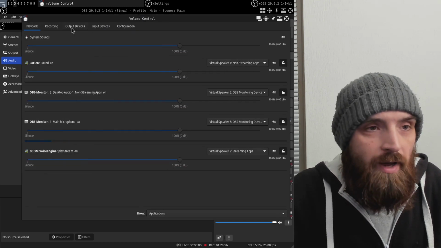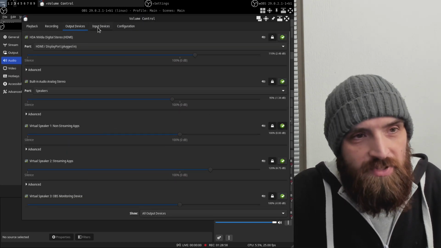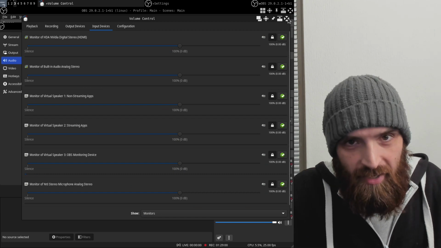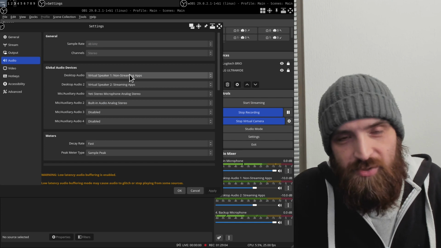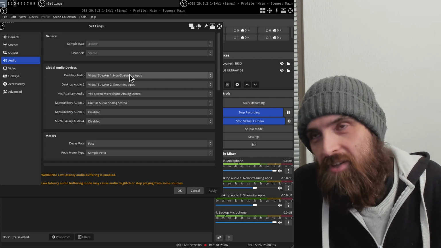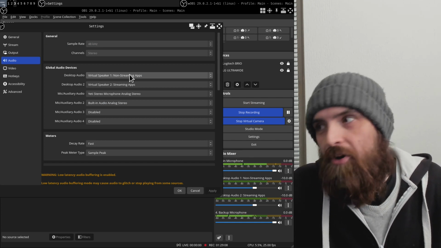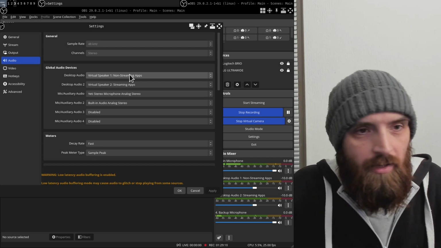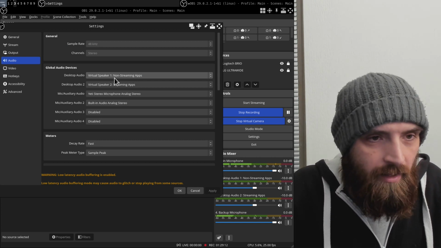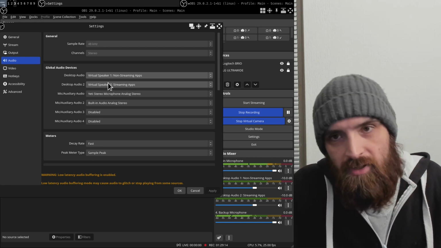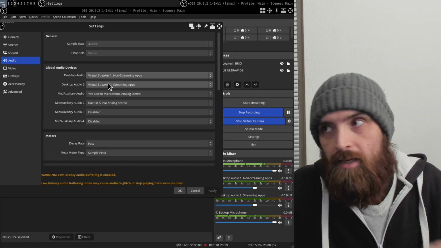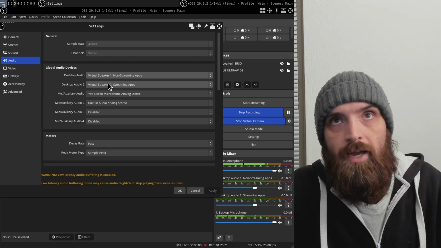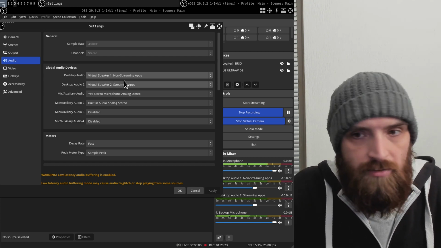But the reason I can do that is because each output device has a monitor, and OBS can pick up audio from monitors. That's what it's made for. It's made to capture audio from your desktop, for example, and stuff like that. So that's why it has those options. But an app like Zoom, or any kind of video call app, won't have that available. So that's why